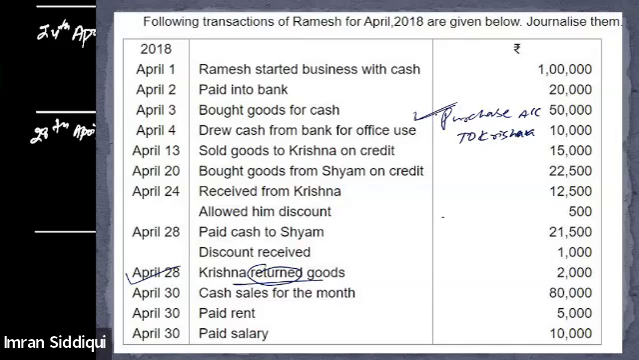Sir, will it be like sales return account debited to Krishna account? Sales return or purchase return to Krishna. I'm sorry. Krishna was our customer, right? I'm sorry. Krishna was our customer, and Krishna is returning goods. So it is sales return. Krishna is returning goods. So that means earlier at the time of sale, we must have passed the journal entry as